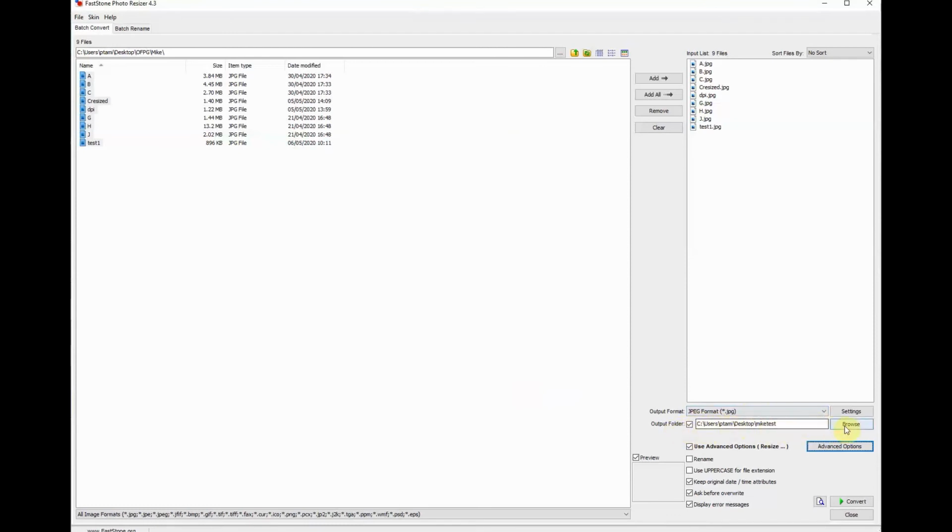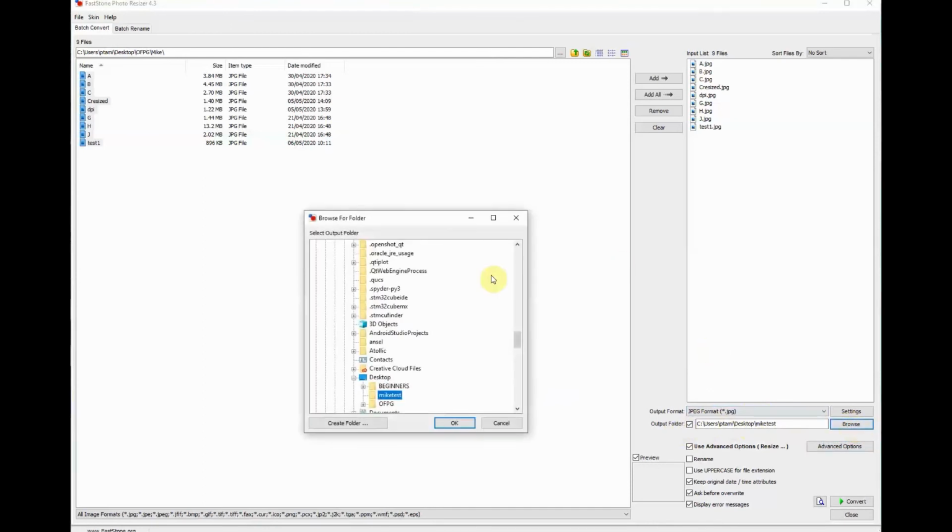We've got the output folder. That's where they're going to go. So we might want to change that. So we'll go to desktop. That's where I got the pictures from. We'll go to there,